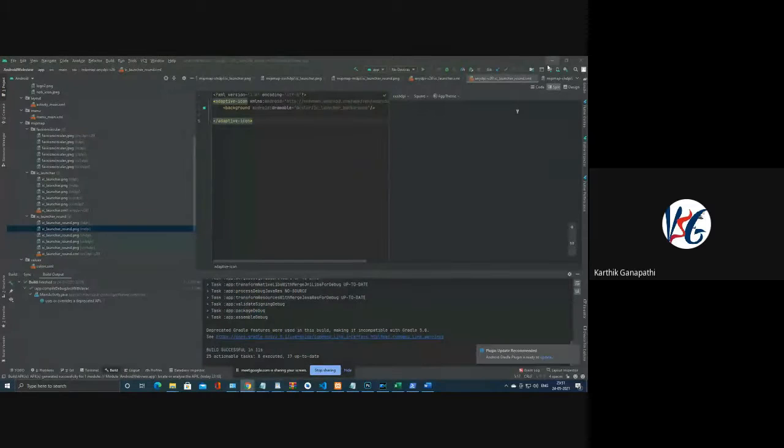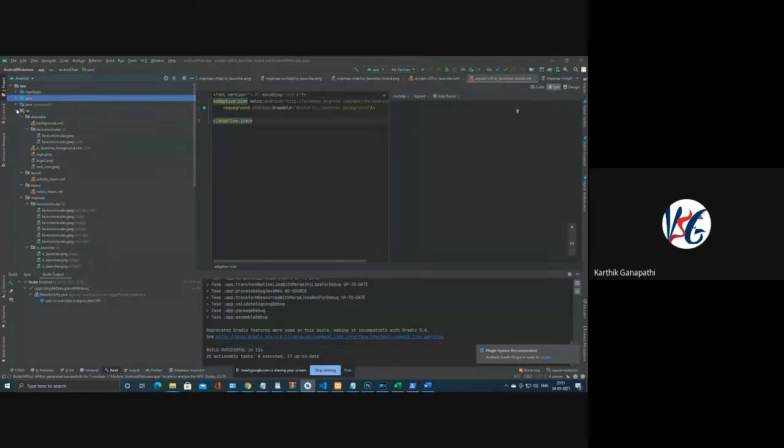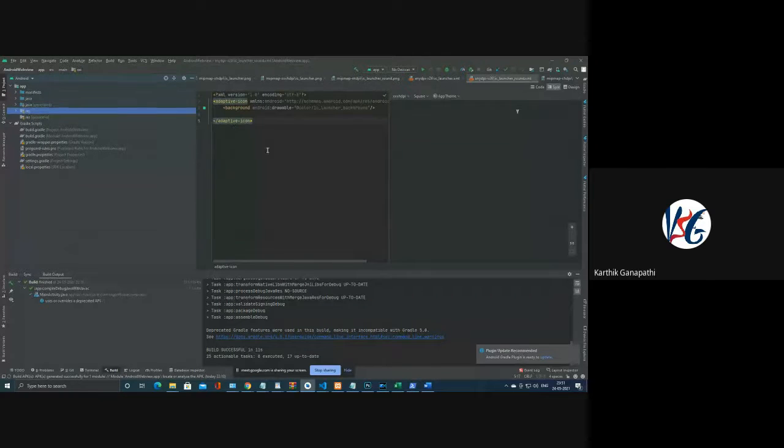Now, as you can see, I'm logged in from the other system. I'll try to run the application. So this is the application that we are looking at for the WebView. With respect to the WebView, this is the content. Let's have a look at the res folder. Now let's go to the layout part. Inside this layout, there is one file called activity_main.xml.